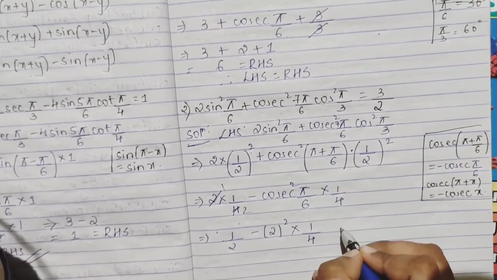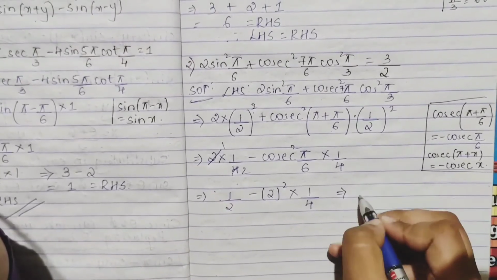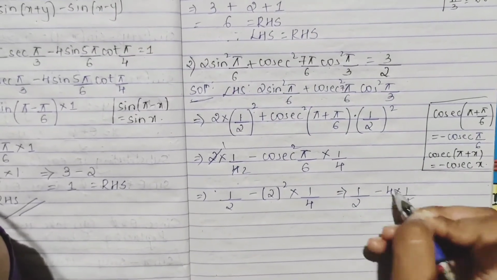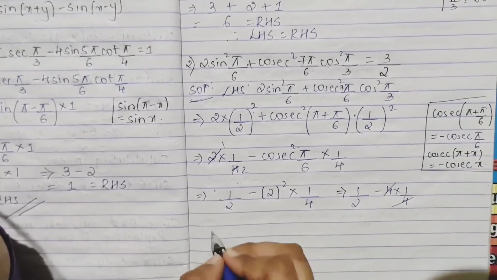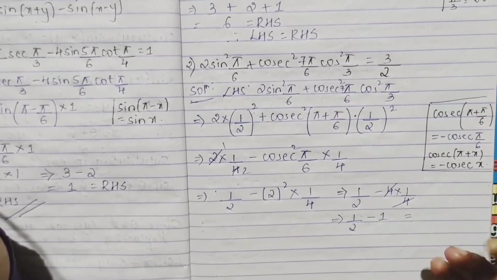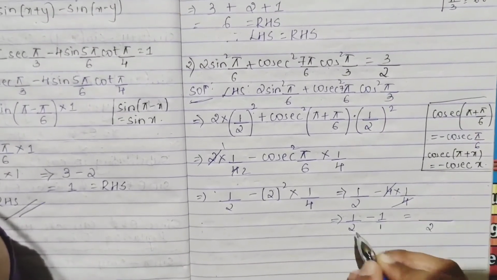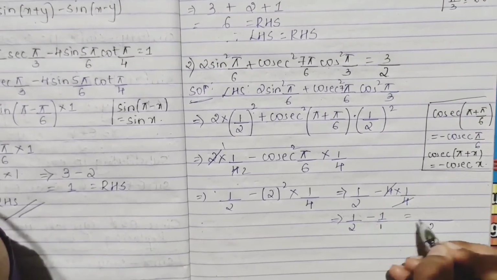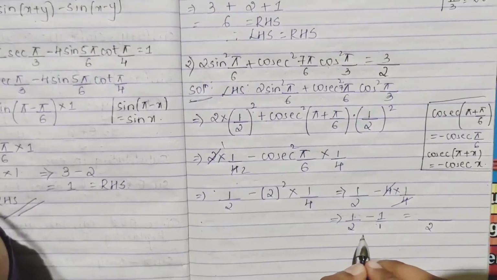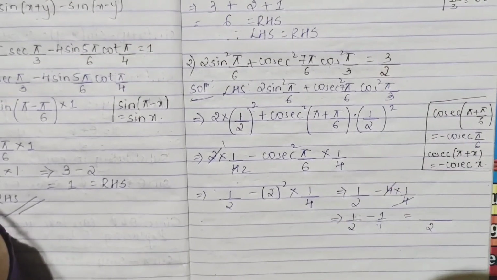So here you are getting 1 by 2 minus 2 square is 4 into 1 by 4. So 4 ones are, get cancelled. 1 by 2 minus 1 you get. So 1 by 2 minus 1, see, for this LCM is what? 2, and here remains first 1. So 2 ones are, first you take like this, right? 1 by 2 minus 1 you are getting, you will get the answer they are asking, 3 by 2, right?